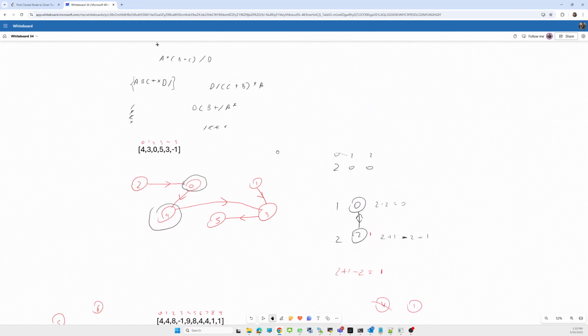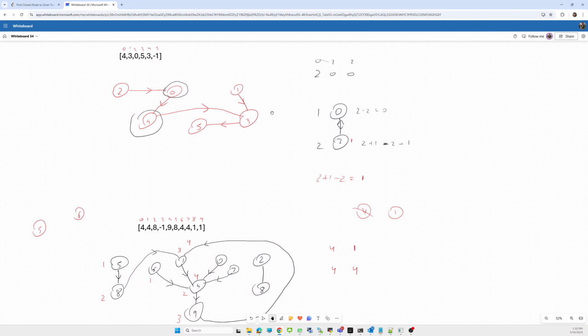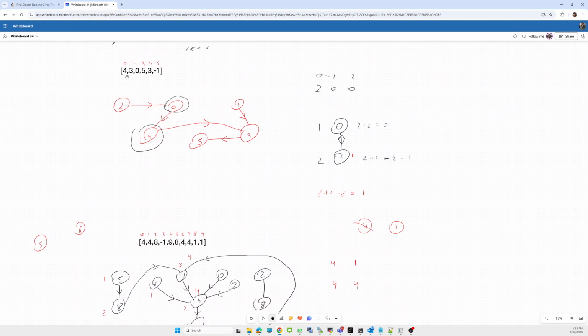So let's look into some examples. There is a graph, the first one is this. In this, we have to check from node 0 and node 4 whether there is a path. From 0 to 4 it is directly reachable. But from 4, is anything reachable? No. So in that case 4 will be the resultant index, which is the nearest reachable.